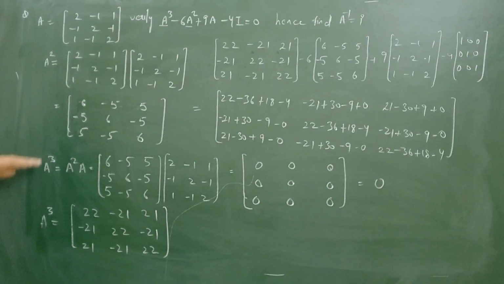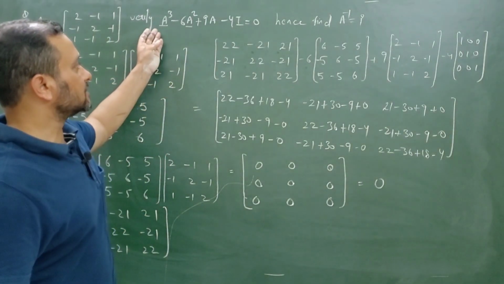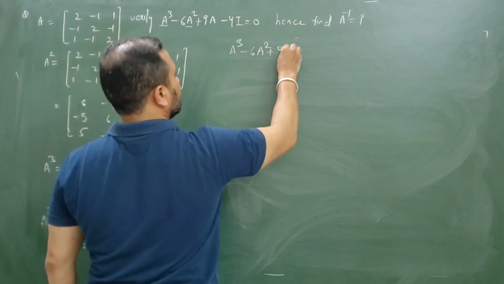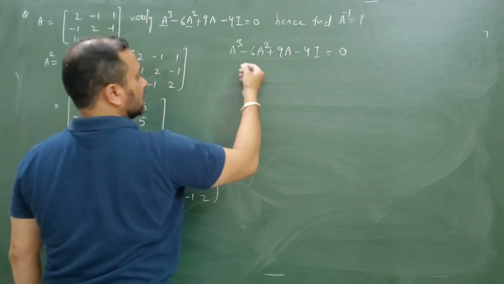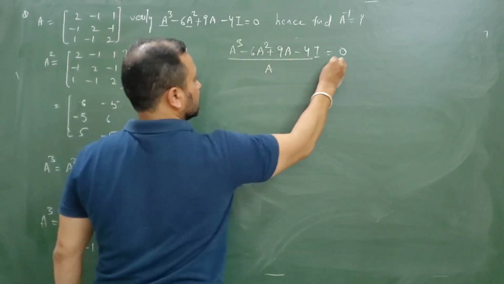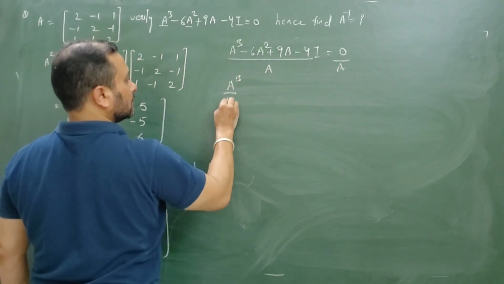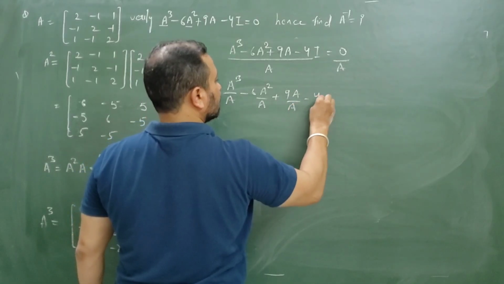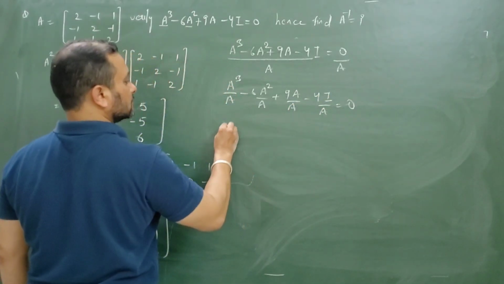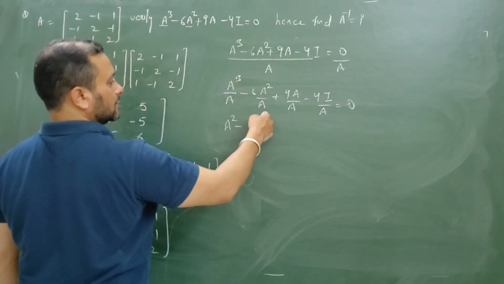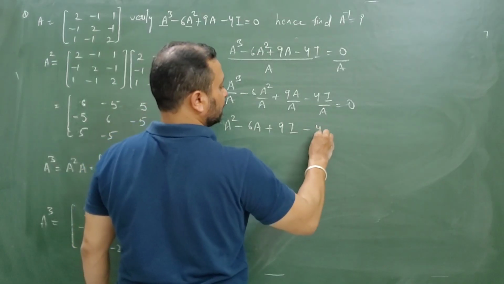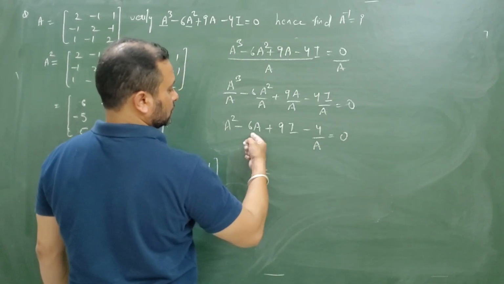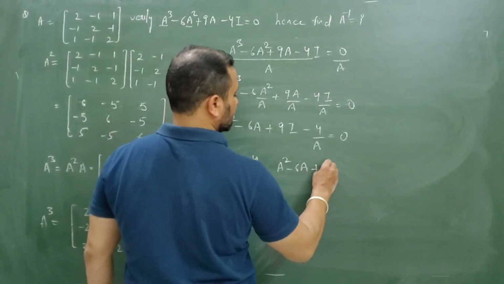Therefore the values of A square and A cube are perfectly alright, because the values of the matrices we found satisfy this equation, A cube minus 6A square plus 9A minus 4I equals 0. And divide this equation by A, dividing both sides by A. A cube by A, A square by A, 6A by A, the A's cancel; 9 stays, and I by A, and 4A is left. So we have 4A, send it to the other side. The rest of the equation is A square minus 6A plus 9I.